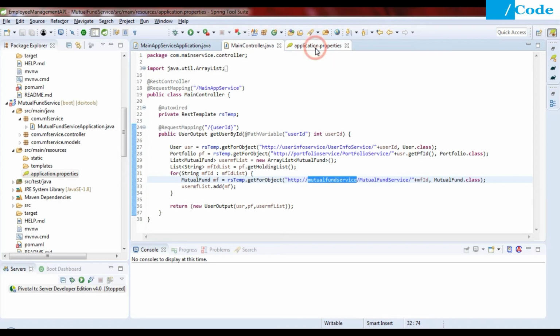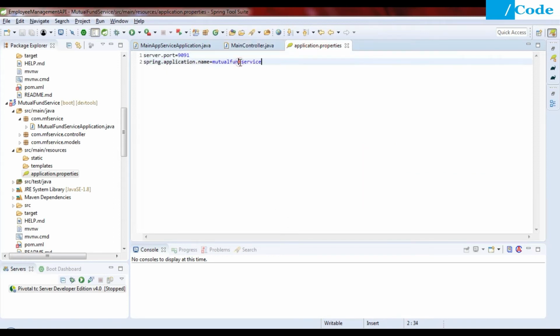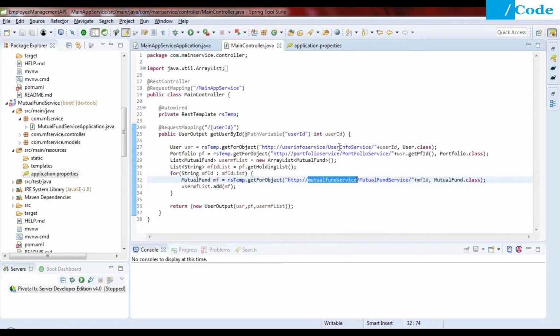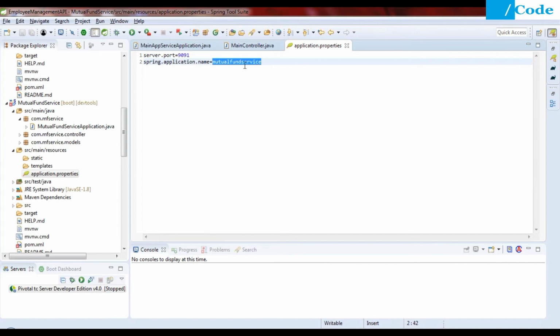It will say yes, I have that one. The name and the name defined in the main controller must be the same, otherwise it will give us an error. If the name is the same, it will say yes, I have that one, and it will directly pick that service with that name only.